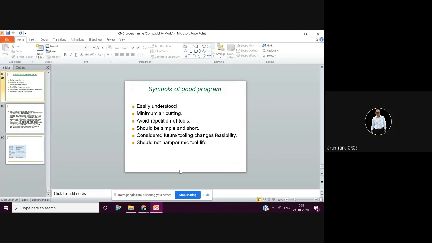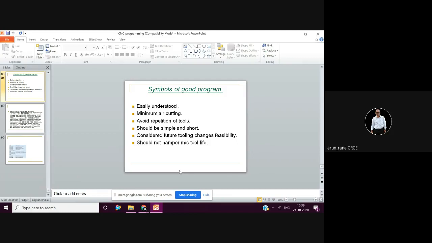So within 2.5 hours they'll finish it, and by 2 o'clock they'll go to sleep, and then wake up at 6 o'clock, 6:30. Because when the union was strong, management was a little weak. I'm talking about the 80s and 90s, before globalization. At that time the union was very strong. Workers were protected. Management had fear to suspend the workers. So at that time these things used to happen.